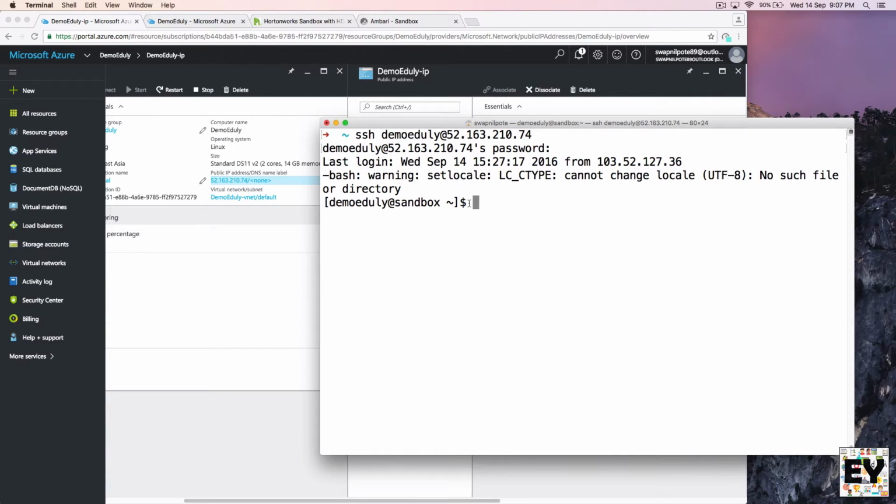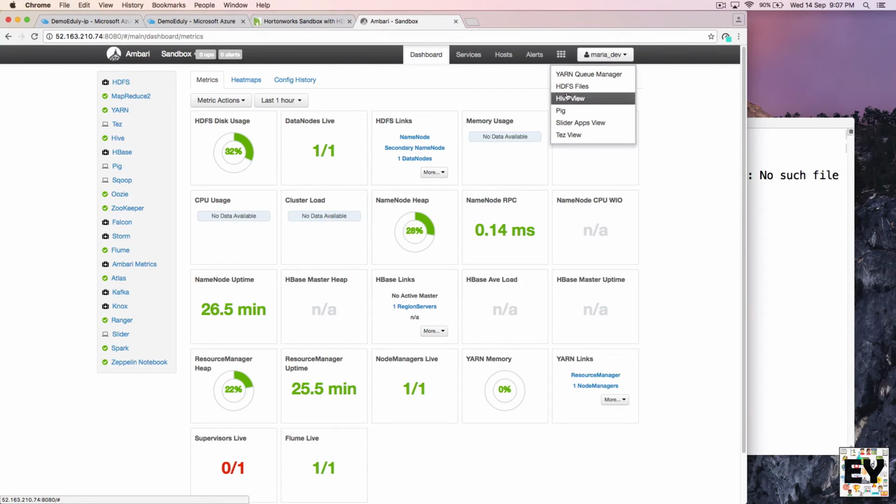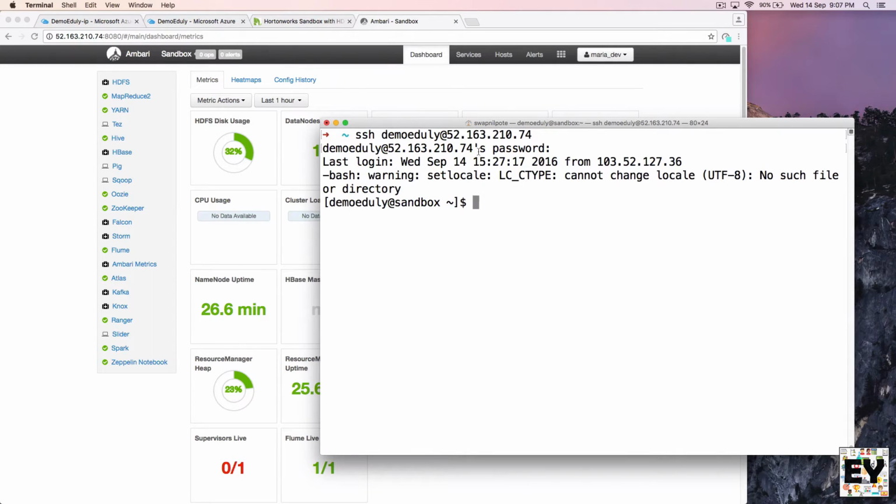From this virtual machine we can access different things. In a previous video I showed you how you can access Pig from this window, or an HDFS file or Hive from this window. The same things we can do in this terminal also. I'm just giving you a little idea about it. All the details on how to access HDFS, Pig and Hive will be covered in a separate playlist. I will be creating a separate playlist for HDFS, Pig and Hive, and MapReduce and Spark will also be there. So just stay tuned for all those videos.